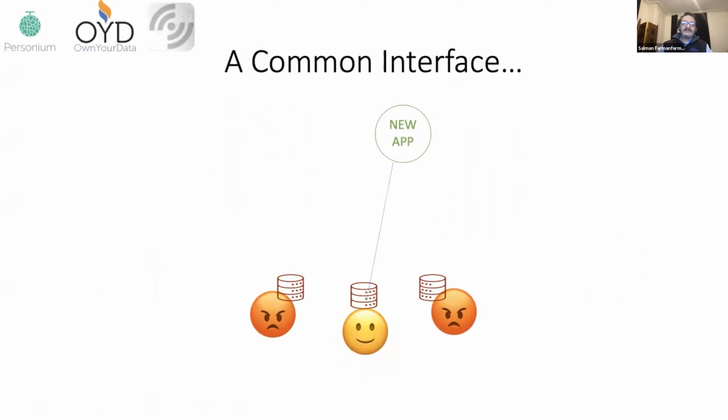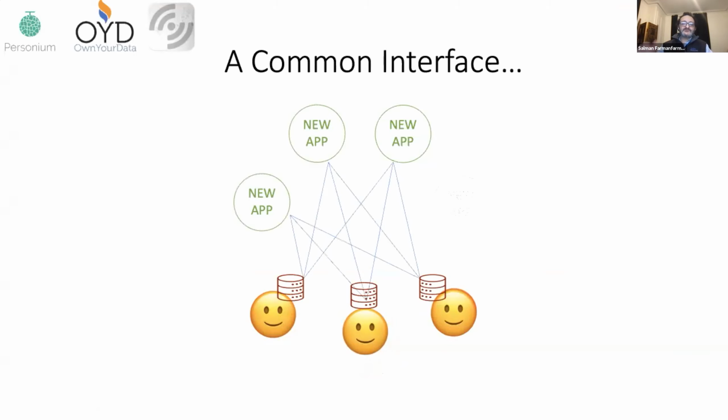So at the MyData conference last year, Christoph, Dixon, and I got together and said, wouldn't it be nice if we had one interface, one API that any application developer could use to communicate with any PDS? So when an app developer creates an app that works for one PDS, effectively, it would work for all PDSs. And this would motivate app developers to create more apps. And if there are a bunch of apps using the same API, then more people would actually use PDSs and find them useful, and they would attract app developers and PDS users.